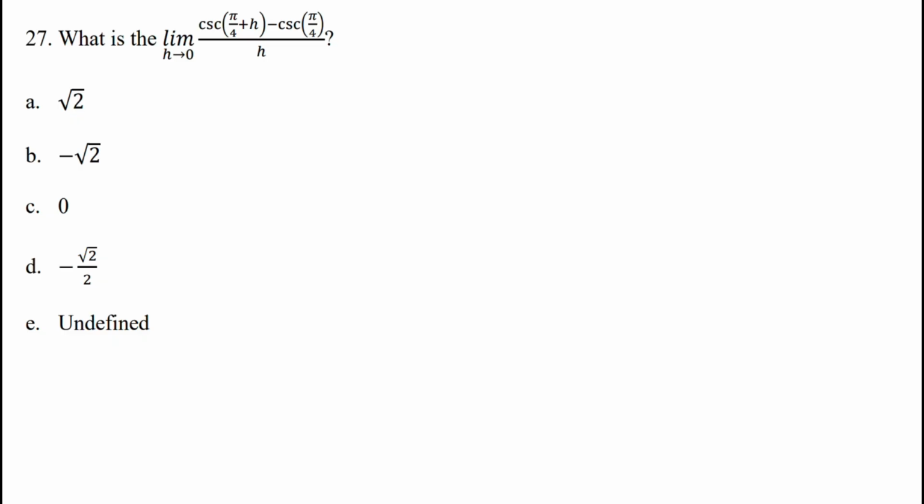For number 27 here, we're looking at the limit as h approaches 0 of the cosecant of pi over 4 plus h minus the cosecant of pi over 4 all over h. Well, remember that this is just a form of the limit definition of the derivative, right? The limit definition of the derivative was this,